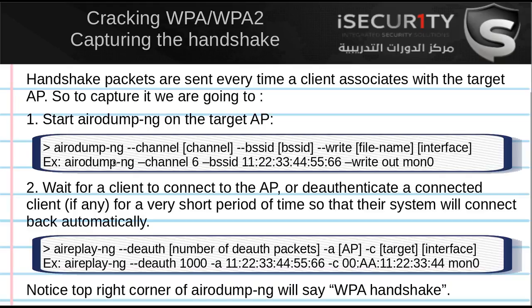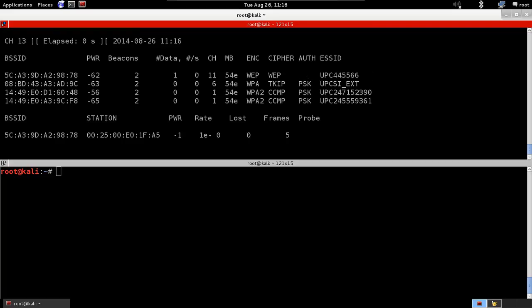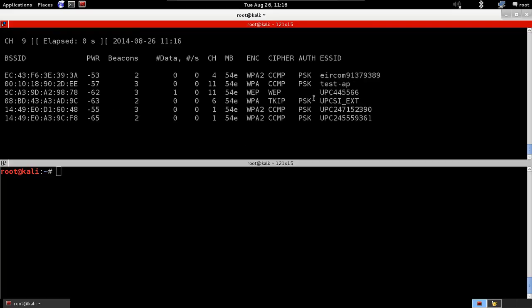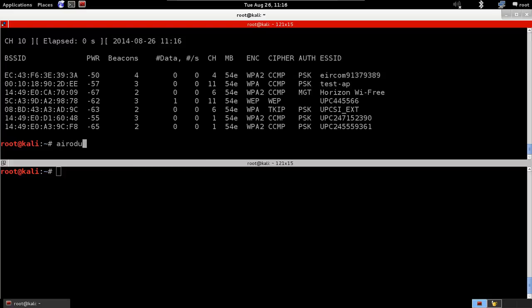So to crack a WPA key, the first thing we're gonna need is to capture the handshake. We're gonna capture the handshake using AeroDump-ng, the same way that we used to use it with WEP encrypted networks. So we're gonna run AeroDump. I'm just gonna run it on everything now to get the information about my target network. And this is my target. So it's AeroDump-ng